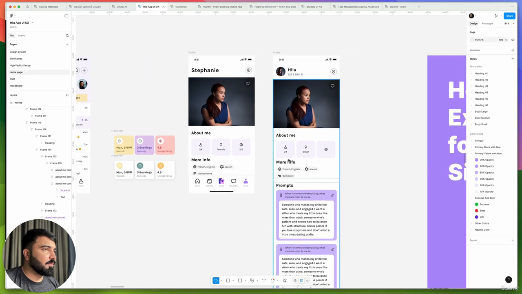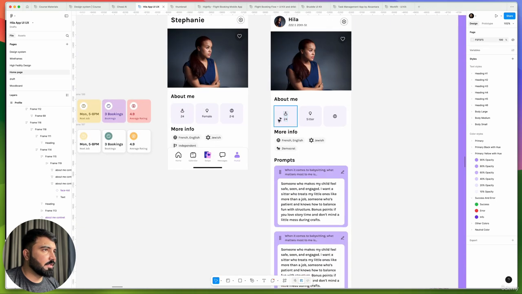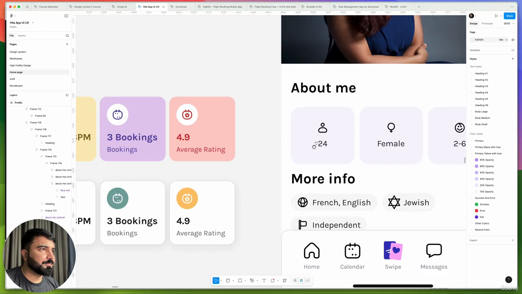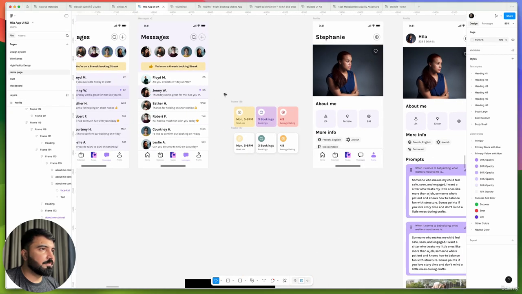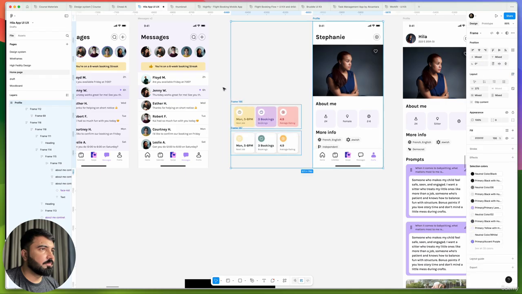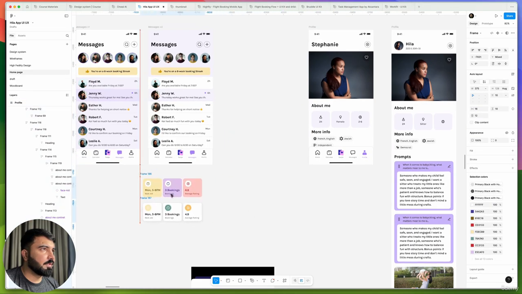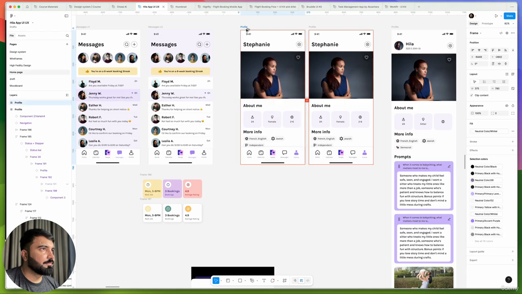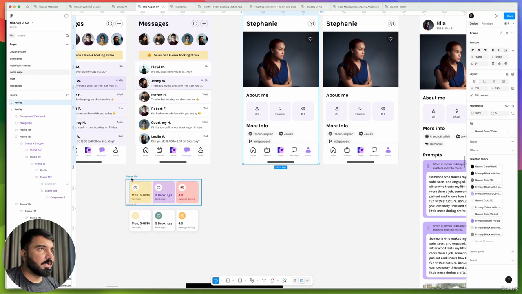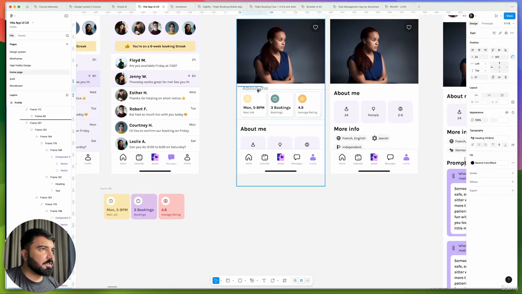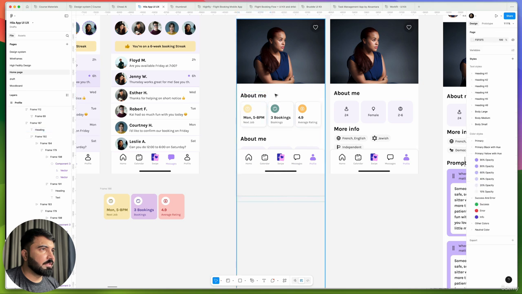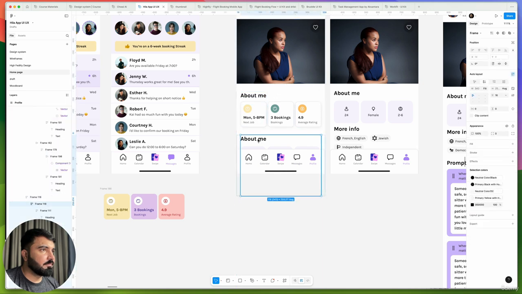Okay, so overall I think this is the variation for that, and for this one I think we will include one variation here. So let me just go ahead, take it over here, and now I think let's try this one, because, and let me just take it, and it should be about me. Yes, exactly. And now this about me should be,